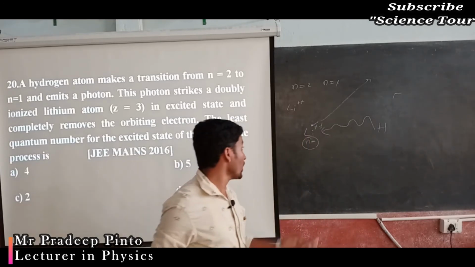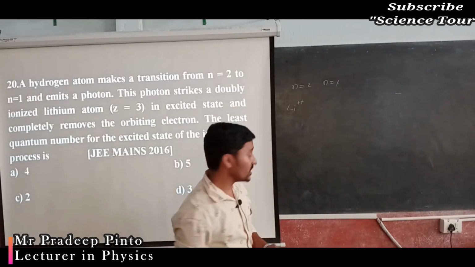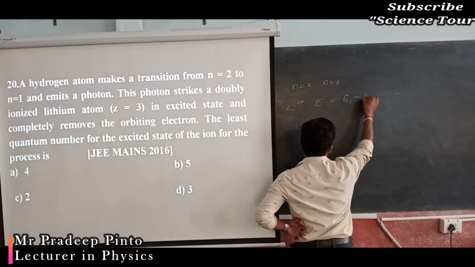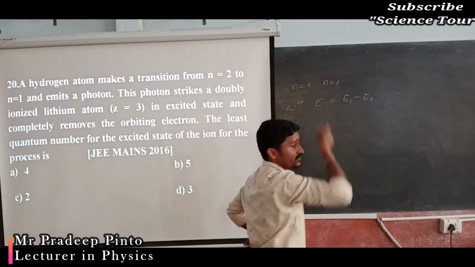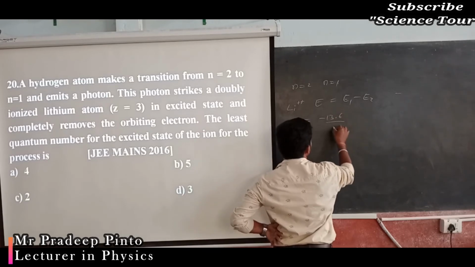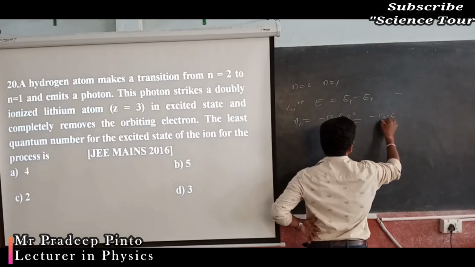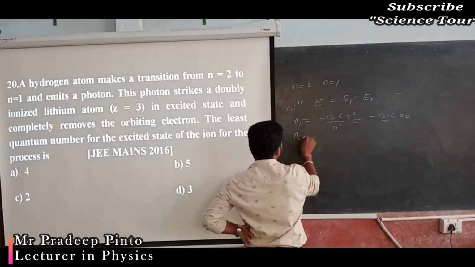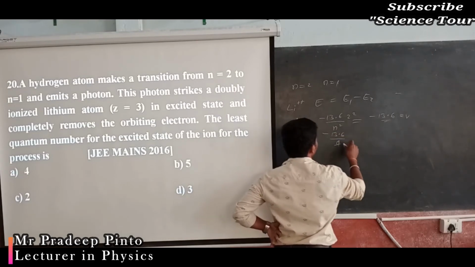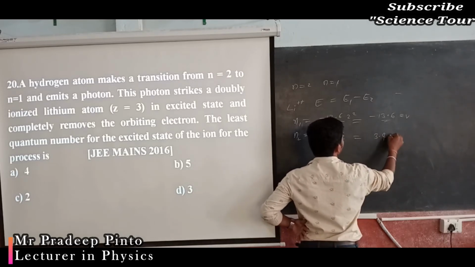Let us see before that what is actually the amount of energy which came out from that. Generally we are going to write delta E. Energy means how you can write, E1 minus E2, no? Or the difference between them. For the n1 level, what was the energy? Minus 13.6 divided by n square, times Z square. For hydrogen it is minus 13.6, no need to calculate. For n2, that is minus 13.6 divided by 2 square, that is nothing but 4, so 4 into 1 whole square, which is equal to minus 3.4 eV.